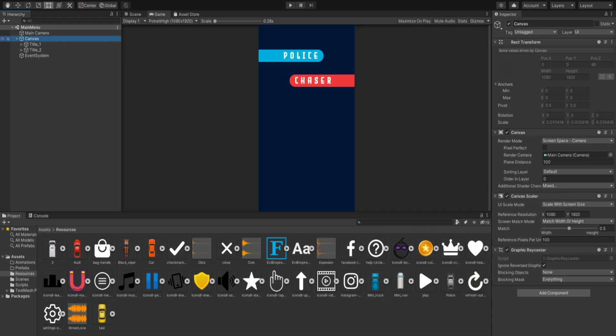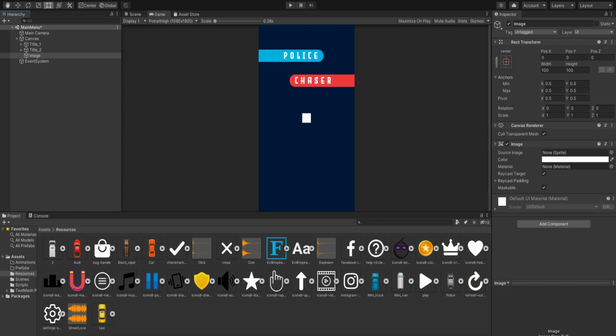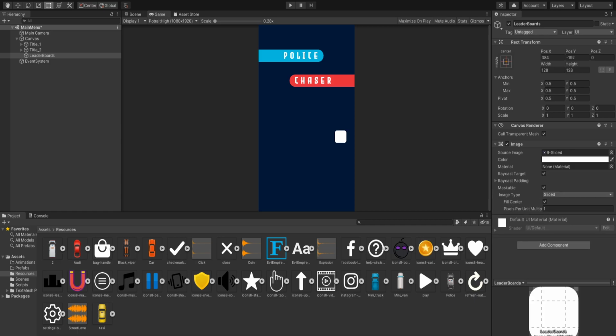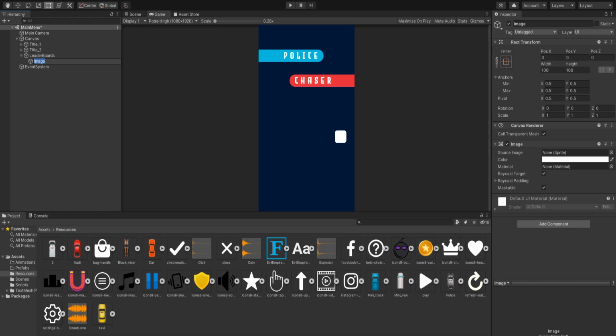So let's create a UI and an image, and for the image we are going to call it leaderboards. So I'm not going to set up any functionality for it, but we'll use it someday afterwards, and we'll position it 384 and -192, and anchor is already centered, and we'll set the image to be the 9 slice. So instead of looking like a square, it shows up as something better. And we'll add UI, and let's add an element to it, and size, it does not matter, but we'll set the sprite to be the